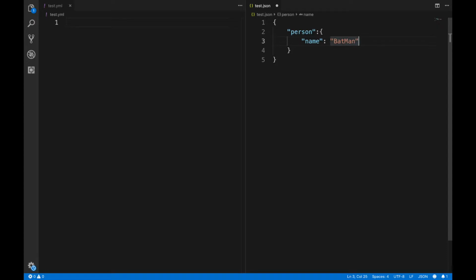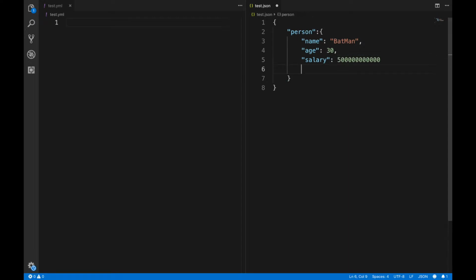So I'm just writing the name Batman, and I'll add one more key value here, and let's suppose his age is 30. It should be a number, so I'll write it as a number, and I'll put a comma. Then let's add some more properties like salary. What's his salary? His salary, I guess, is infinity.